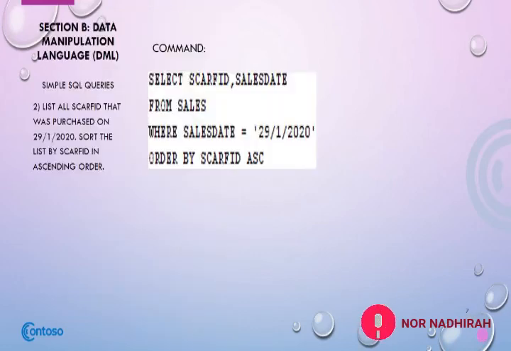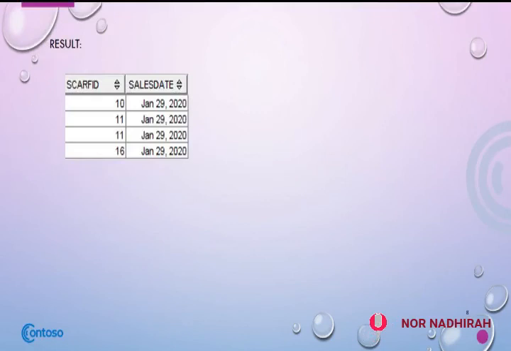The second question is, we need to list all the scarf ID that was purchased on 29 January 2020. The scarf ID must be in ascending order. So the command is select scarf_ID, sales_date from sales, where sales_date equal to 29 January 2020, order by scarf_ID ascending. The output is